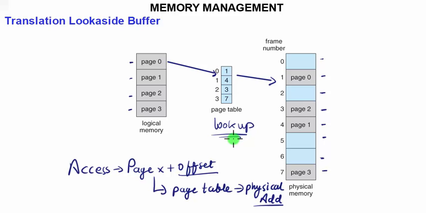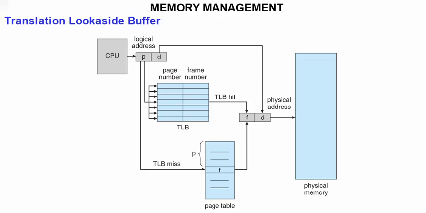reduces performance because we are trying to map a logical memory address to a physical location. In order to handle or improve this scenario further, we have an option called translation lookaside buffer. What is this translation lookaside buffer? As you can see over here, TLB. Translation lookaside buffer is a small buffered space.